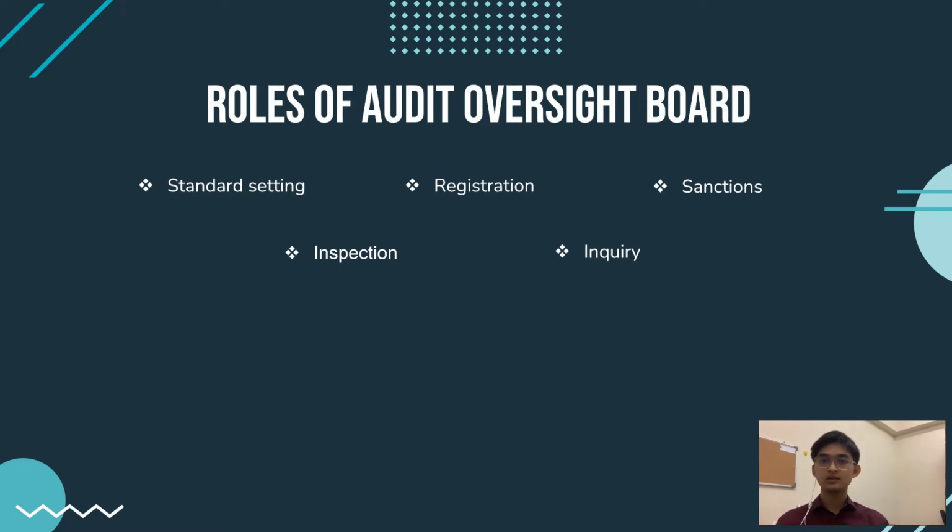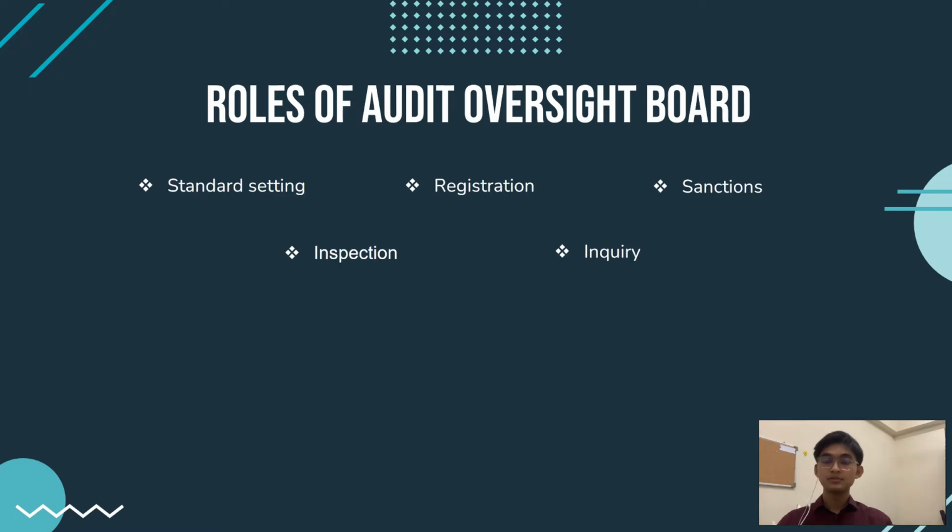Second, registration. Auditors of public interest entities must register and be recognized by AOB to ensure the auditing process is fit and proper. It is an offence for non-registration. Third, sanctions. AOB has the power to impose appropriate sanctions against registered auditors who fail to comply with auditing and